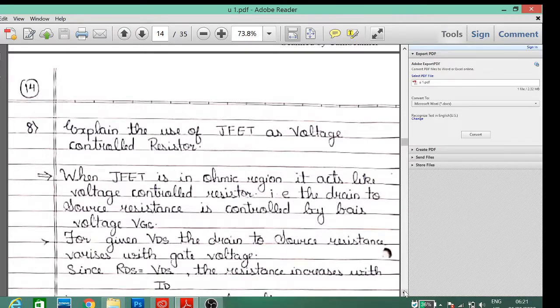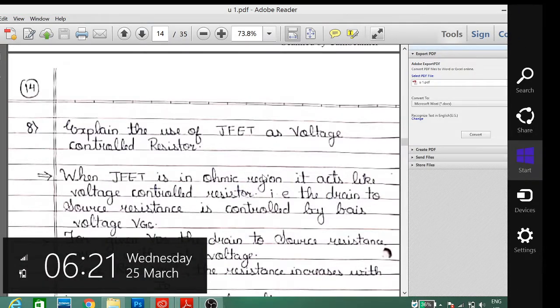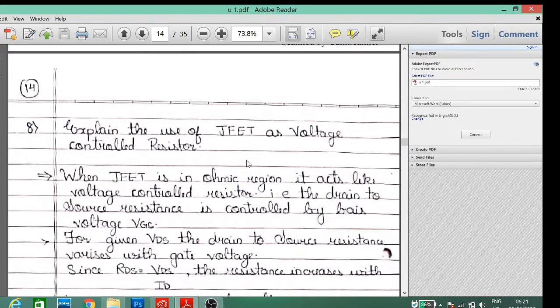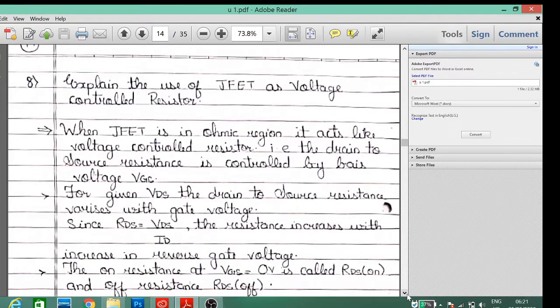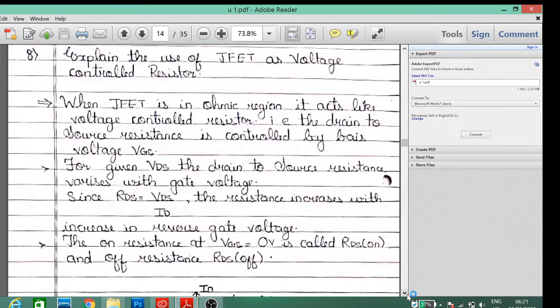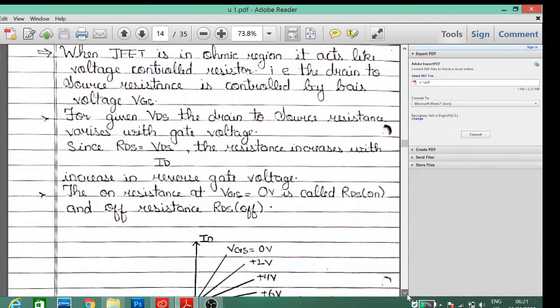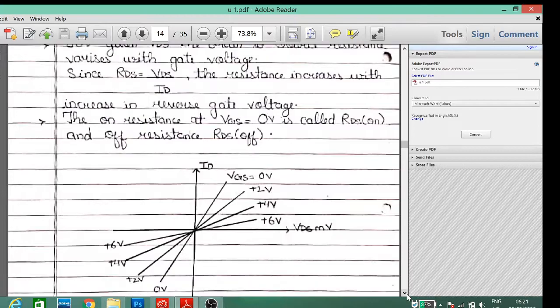Explain the use of JFET as a voltage controlled resistor. When the JFET is in the ohmic region, it acts like a voltage controlled resistor, that is VCR. Now for this we have, when we plot ID versus VGS,